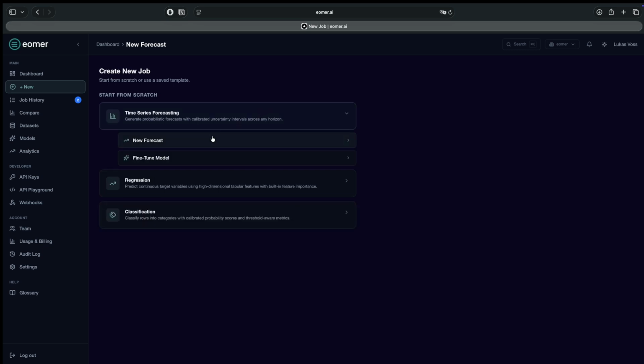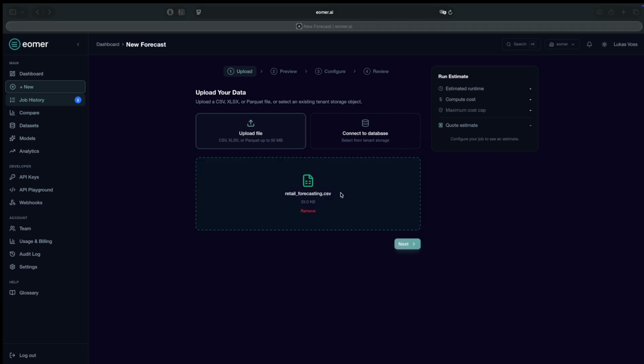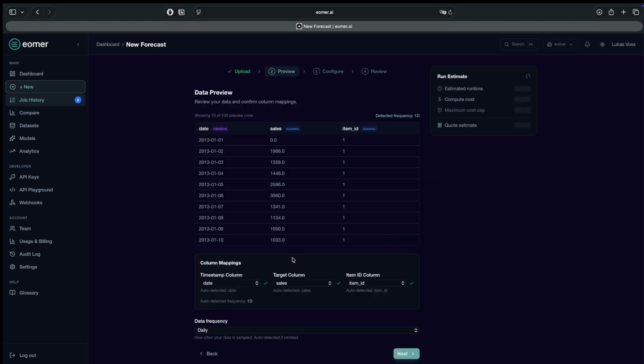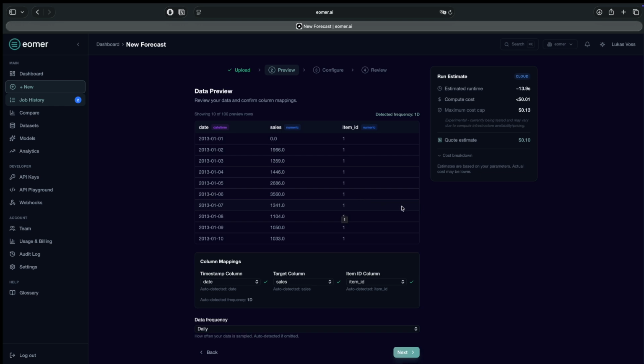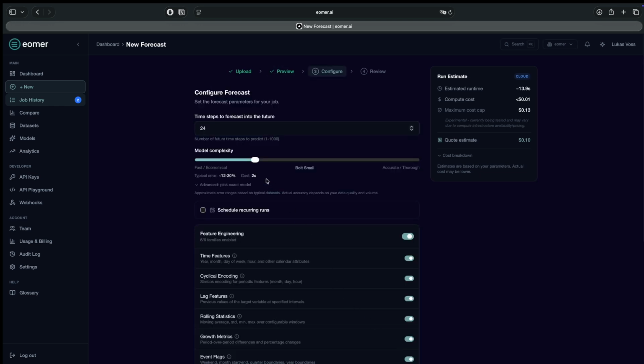First, we select a new forecast. Then we can connect either a data source from our database or we can drag and drop a data set. Here I use retail supermarket daily revenue over the last 5 years. We get a quick preview of our data just to see that everything looks as expected, and we configure the